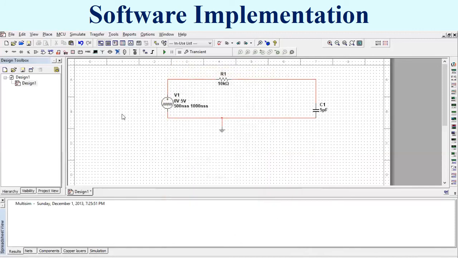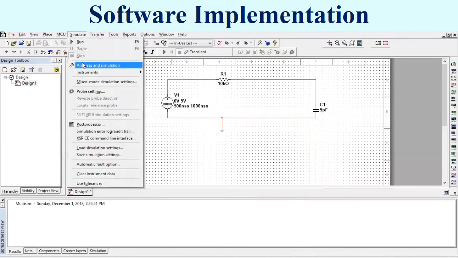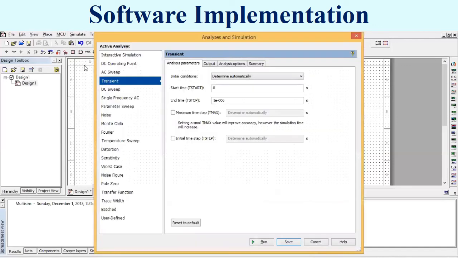After this we will simulate the circuit. Select Analysis and Simulation, then Transient Analysis from the simulation menu.